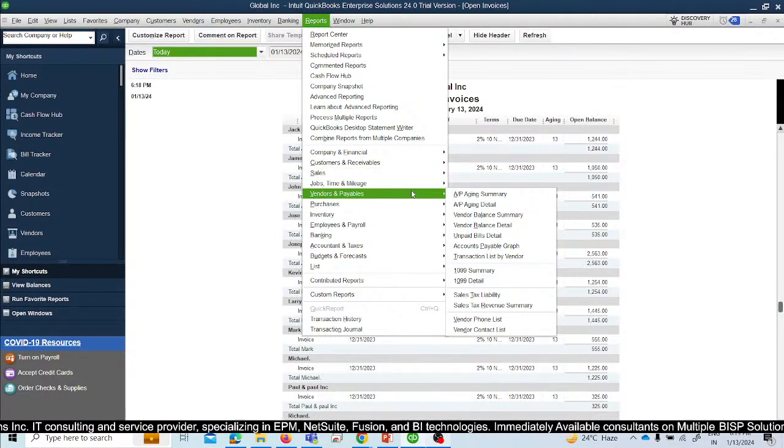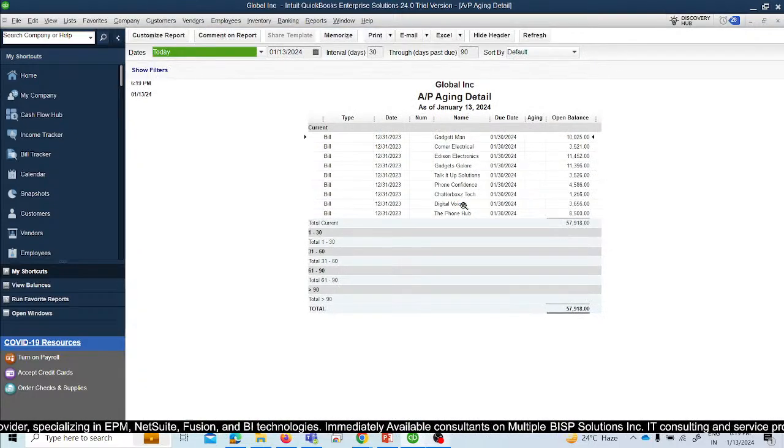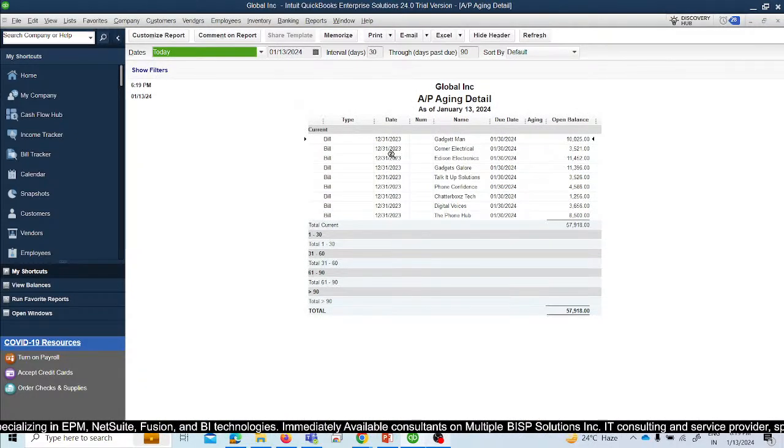Then we have vendor and payables. So here also you have an aging wise report. Let's open this one. So here it is AP aging. So here we have to pay to the vendor. These are the outstanding balances of these particular vendors. Okay, and these are the current ones, $57,918. Okay,